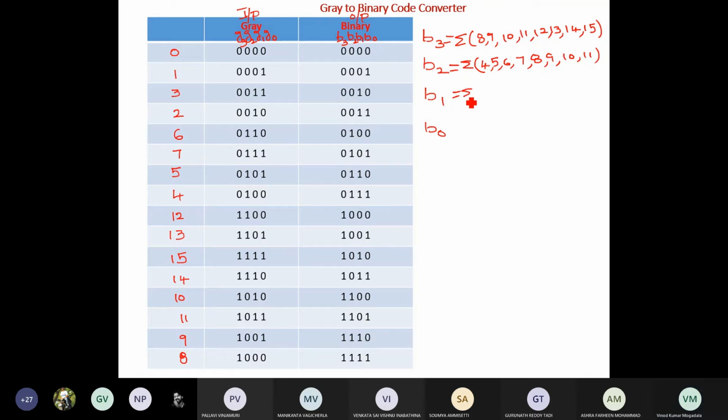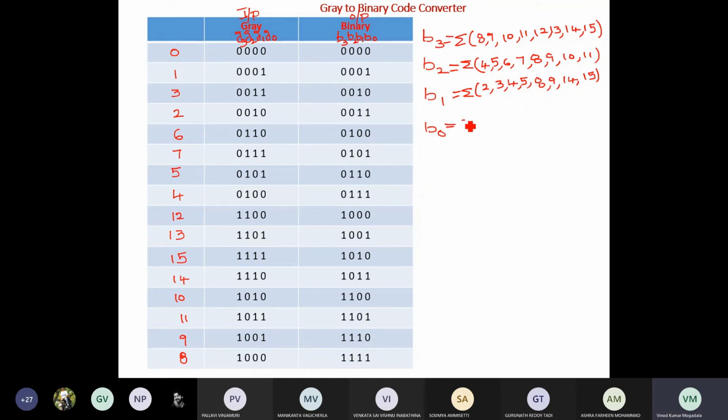Next B1: it is 2, 3 and then 4, 5, so 2, 3, 4, 5, and then 14, 15 and then 8, 9, that is 8, 9, 14, 15.